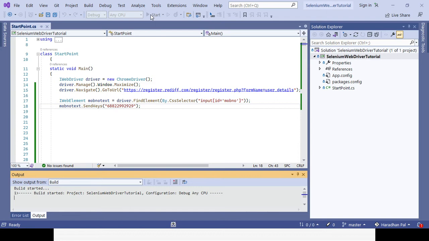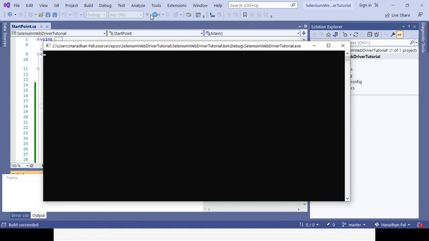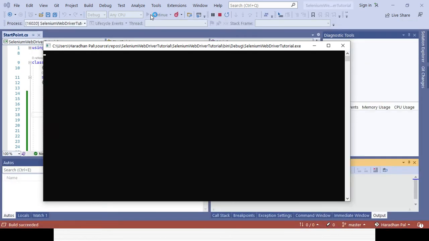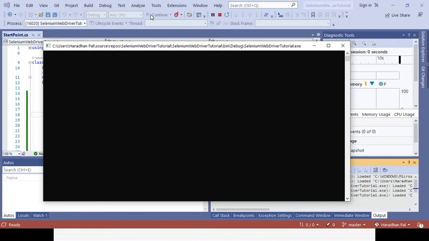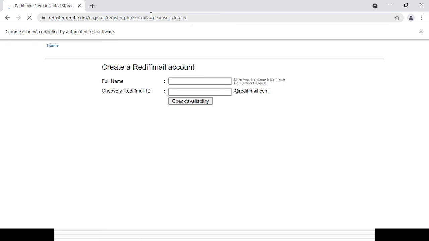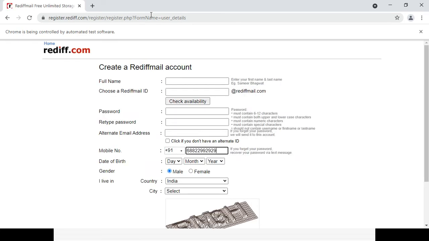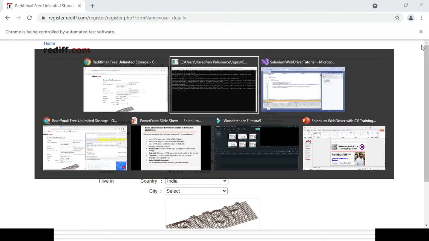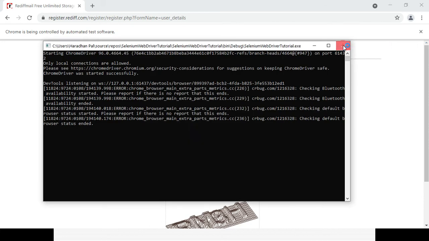So here we have created the simple XPath with the help of an attribute, right? In case the ID is not there, the name is not there, still with the other attributes you need to identify it. You need to create the CSS selector uniquely. Here you can use multiple attributes as well, if you are not able to identify the element uniquely with a single attribute. You can see the page is opening and the value is getting entered in the mobile number field, right? So my code is working perfectly fine.